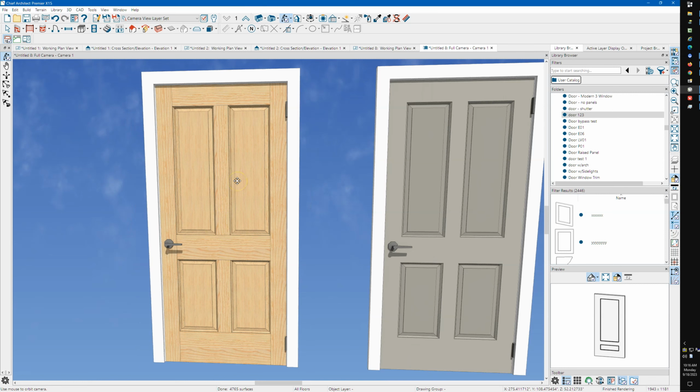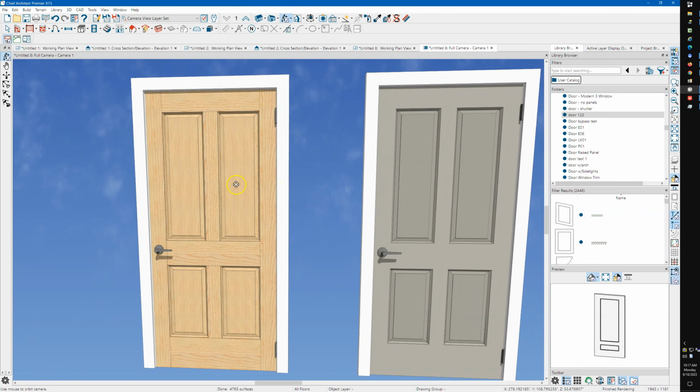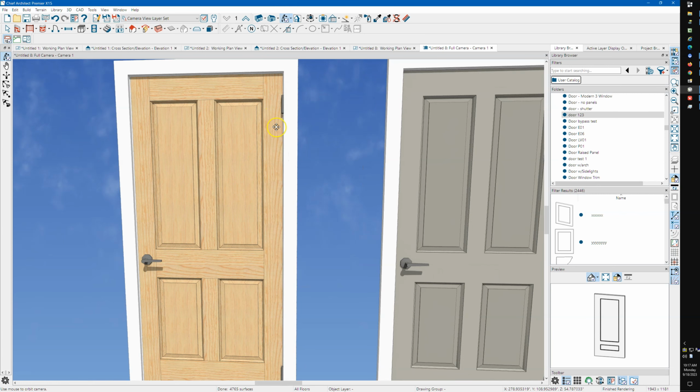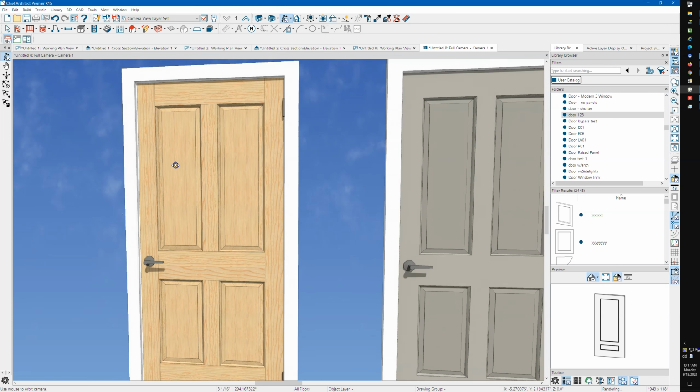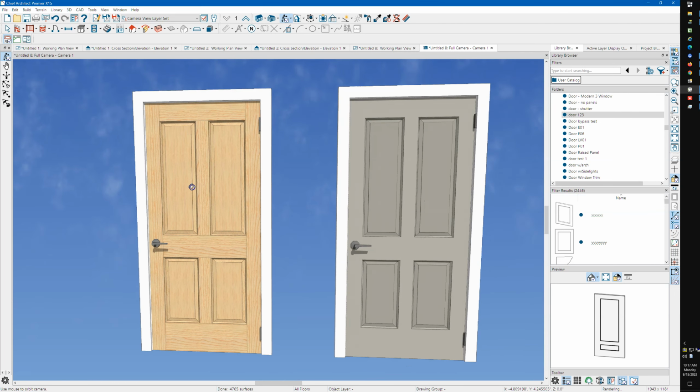And it was more difficult to make than other doors because I wanted it to have wood grain the way a wood door would be built. So the rails are horizontal, the stiles are all vertical, the panels are vertical. And when you build a door like this, you build it from all these different parts, and you apply a material to it as you're building it. And then when you make it a symbol, Chief is smart enough to know that all these things can be